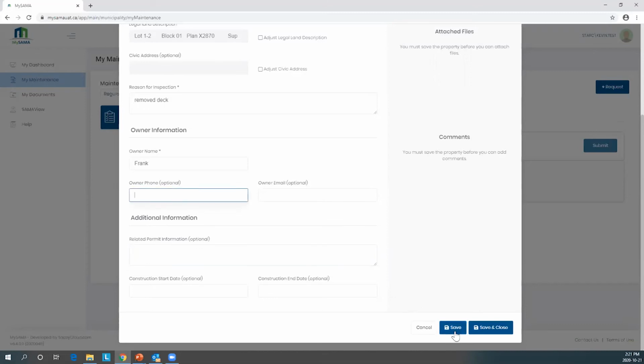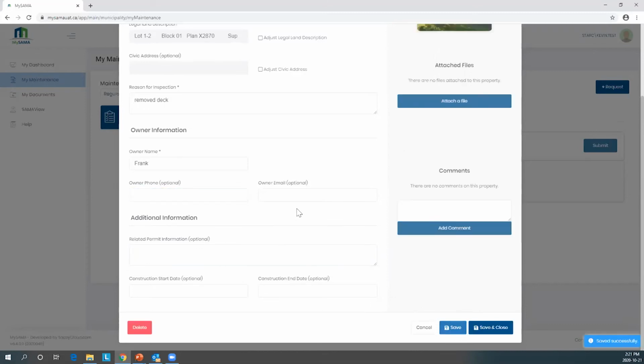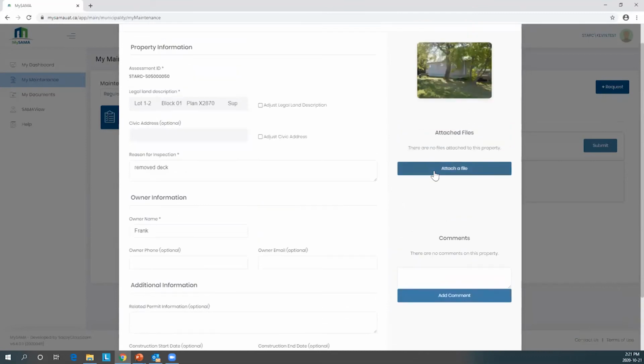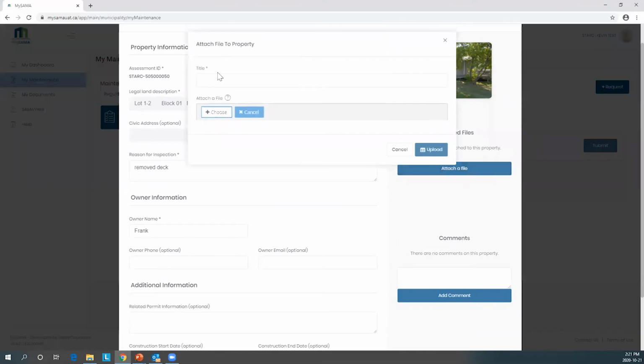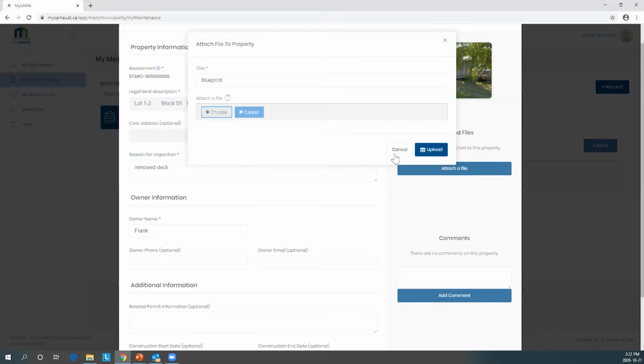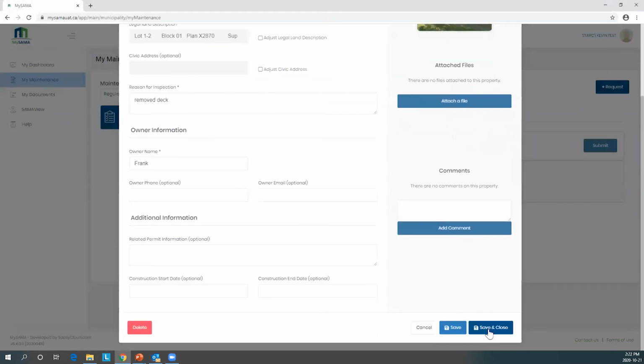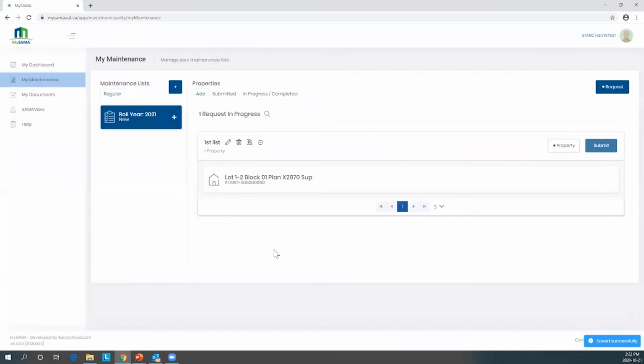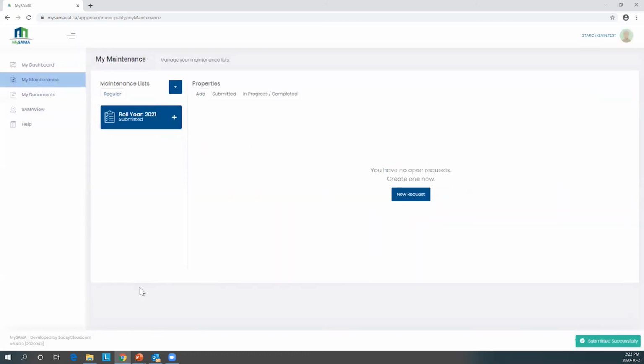And once I save it, then I can attach a file. If you've got a picture or a blueprint that you want to attach, attaching the file just opens up, and you can say blueprint, and then it's just the standard browser way of attaching files. And so you can keep building your list like this. And then I'll submit this one, and you think, oh, I forgot to add something,